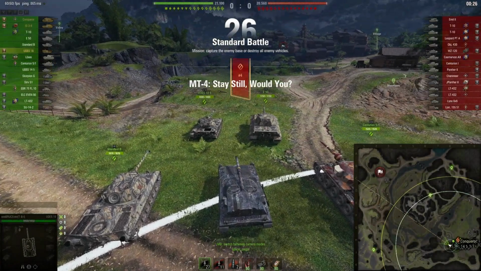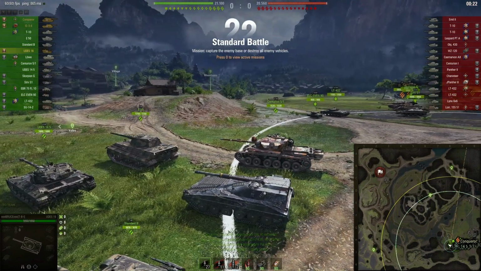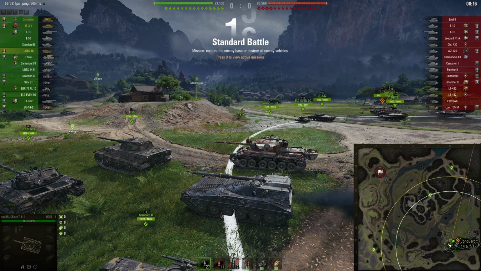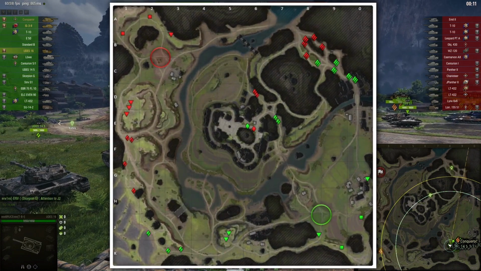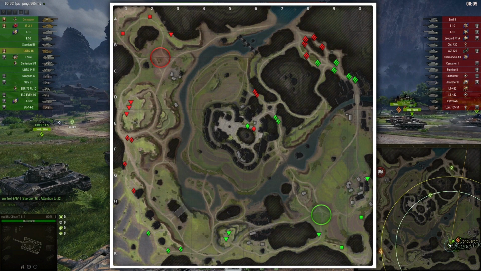Alright, second game. This time we're spawning in the UDES 16, the tier 9 Swedish medium tank. And once again, let's first of all take a look at the map and see what the typical options are on this map. Spawning on Pearl River in the southeast, the game usually develops like this, and with the medium